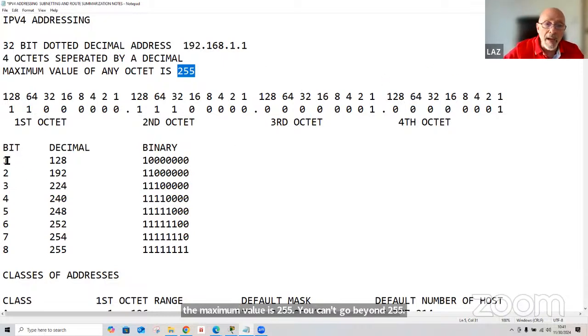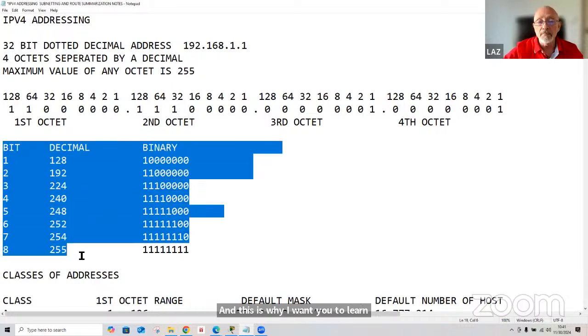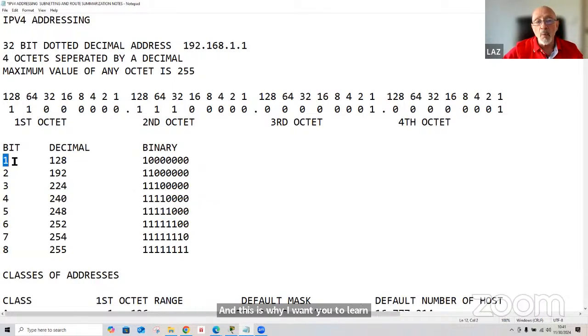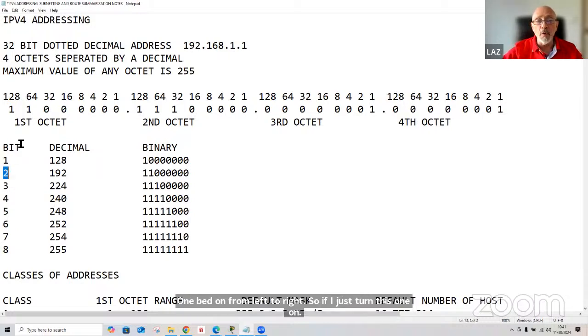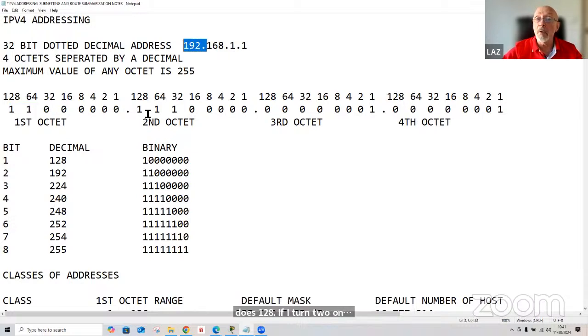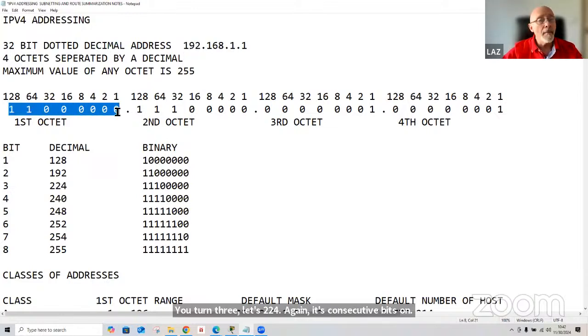And this is why I want you to learn this table right here. Look what it says: 1 bit, 128. What does that mean? 1 bit on from left to right. So if I just turn this one on, that's 128. If I turn 2 on, which I did here, that's 192, and that's what we have up here, 192. You turn 3 on, that's 224. Again, it's consecutive bits on. You need to know this table by memory,